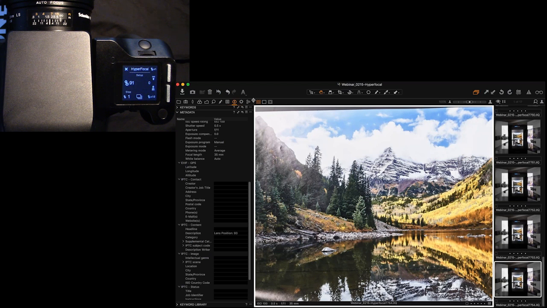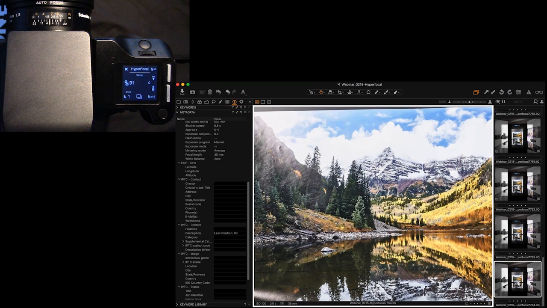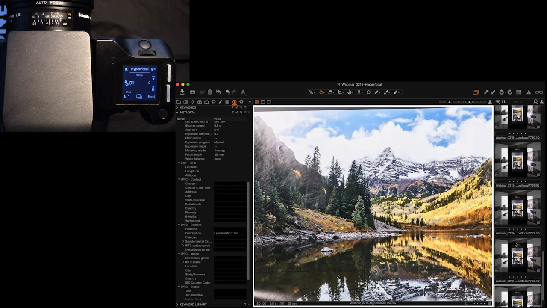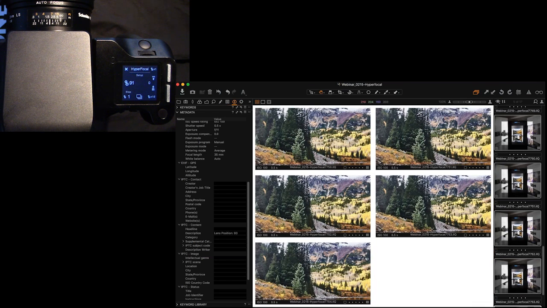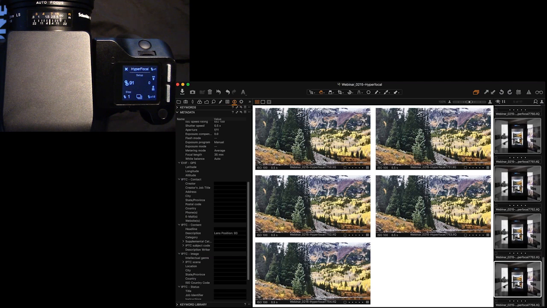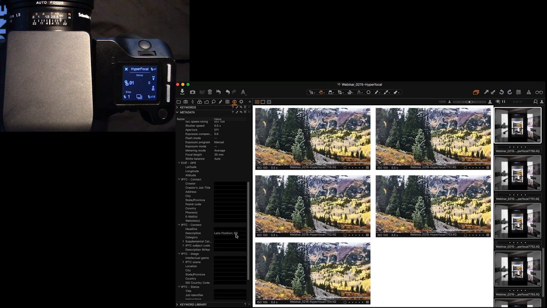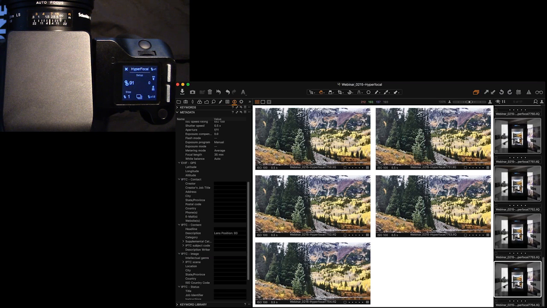So if we look at the next 5 that we just shot, one, 2, 3, 4, 5. All of these have a deviation of only 1 MCU between them. So if we look at all 5 of these, and these are focused pretty much at infinity, we shouldn't see too much of a difference between all 5 of them, especially when you look at them in a row. So you'll notice that we went from a lens position of 89 all the way up to 93. When you look at them sequentially, you really should struggle to find a difference.